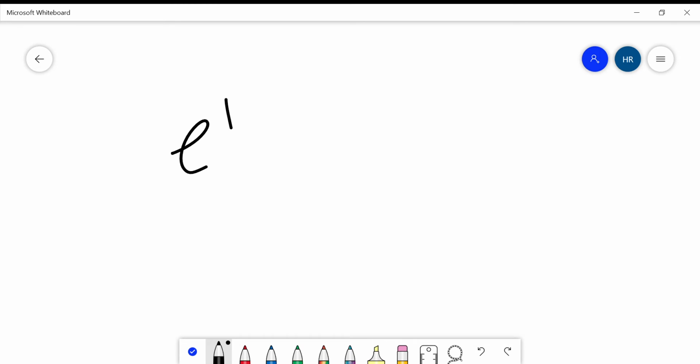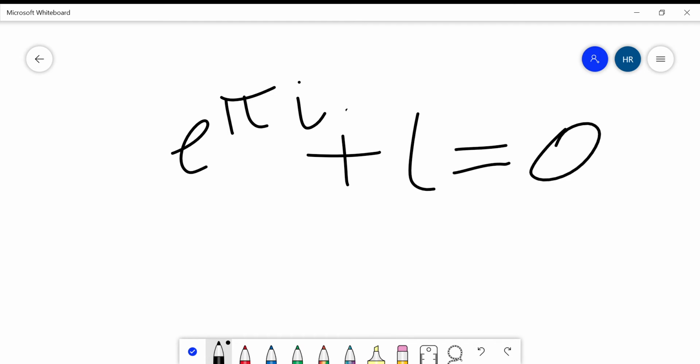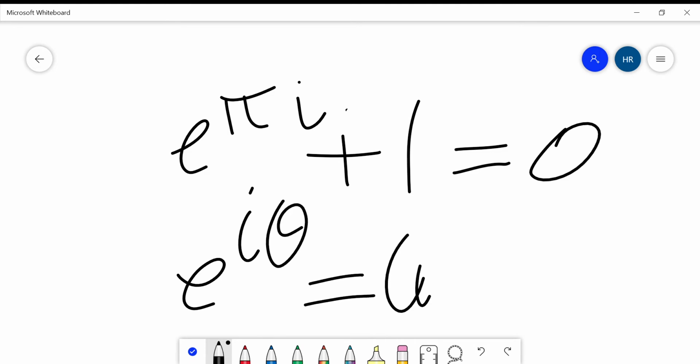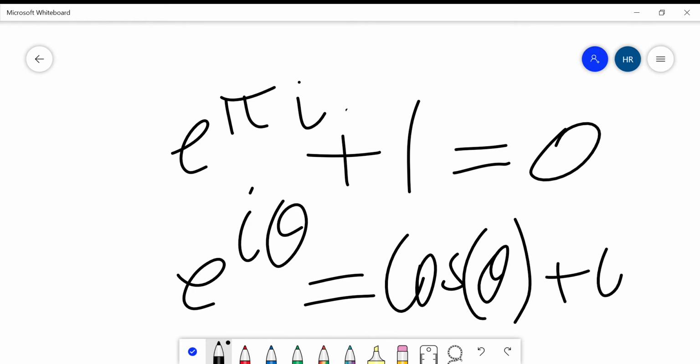So it's e to the pi i plus 1 is equal to 0. E to the pi i plus 1 is equal to 0. E to the i theta is equal to cos theta plus i sine